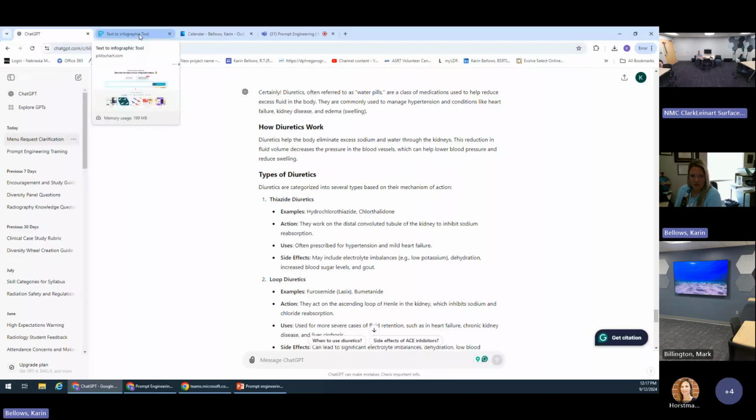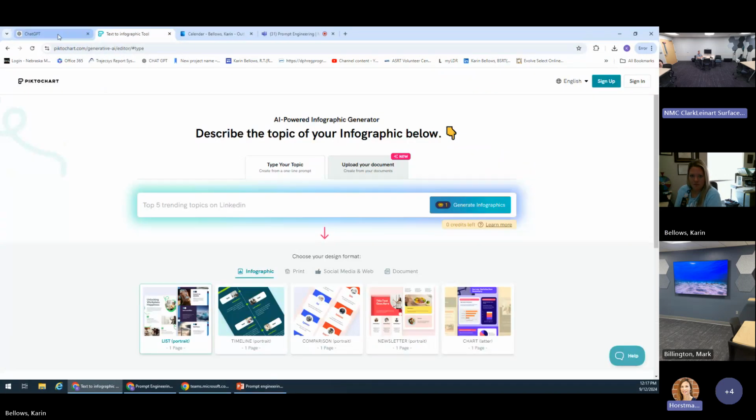So let's see. I didn't know if I needed to give it a whole outline. I mean, I don't know how to use it beyond simple, please reword this at a lower grade level or something like that. So I popped over to a PictoChart because I've been playing with this a little bit today. Let's see what it can do. So create a graphic